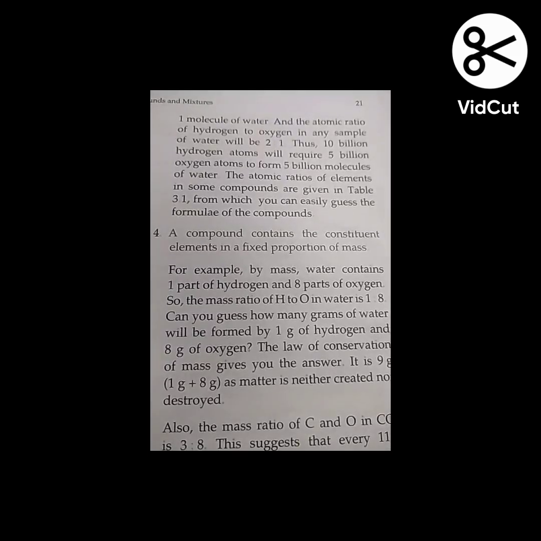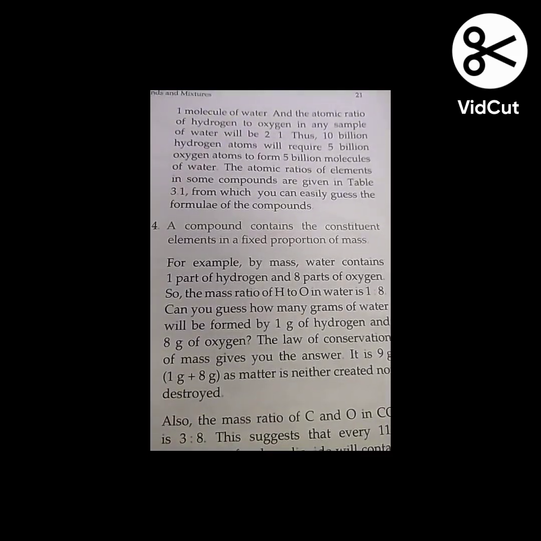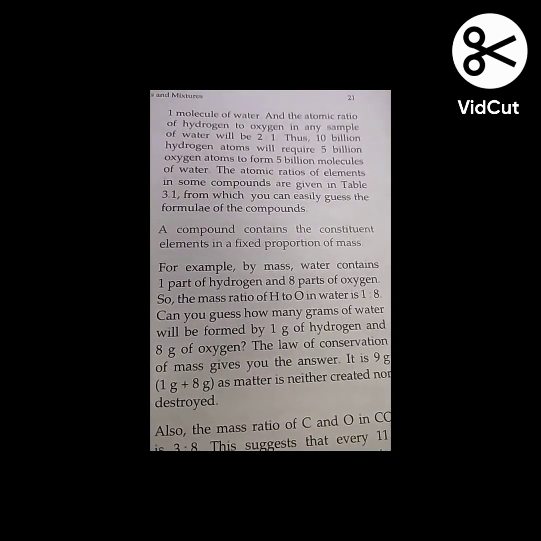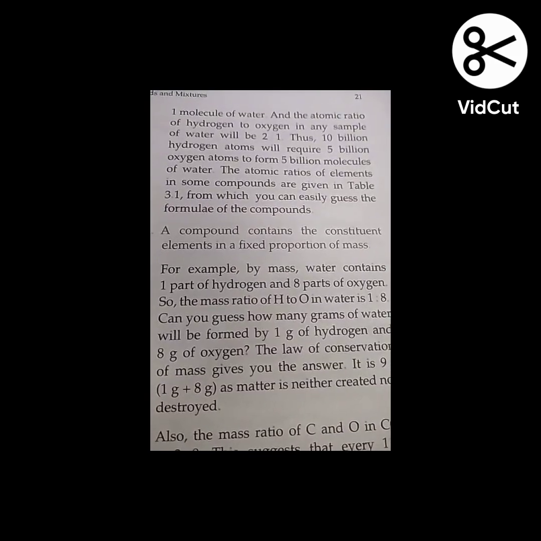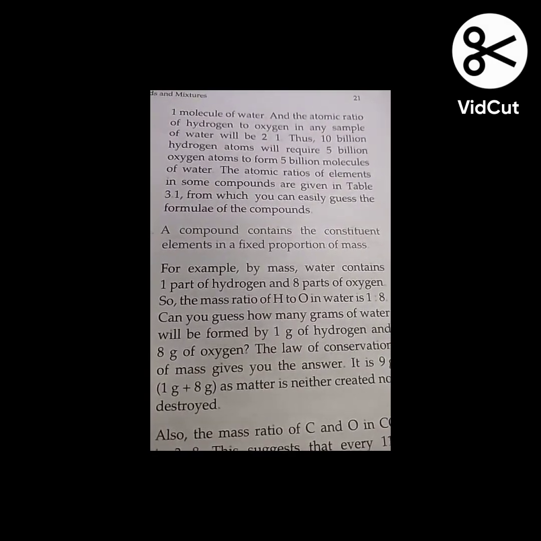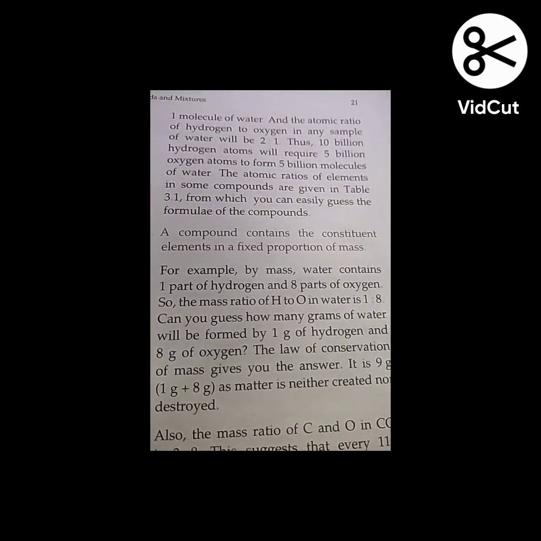The fourth property is given here. The compound contains the constituent elements in a fixed proportion of mass. The example given is water. We know that water consists of 1 part of hydrogen and 8 parts of oxygen, and the total mass of hydrogen and oxygen is equal to the mass of